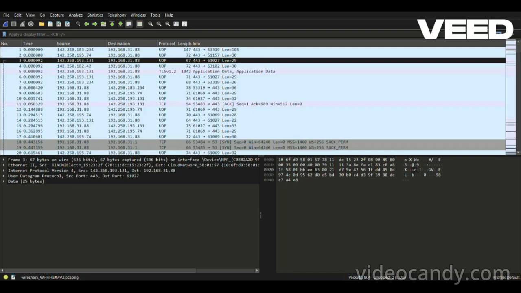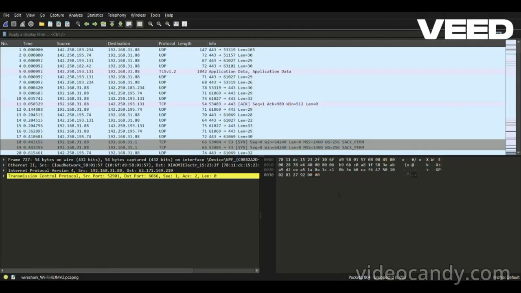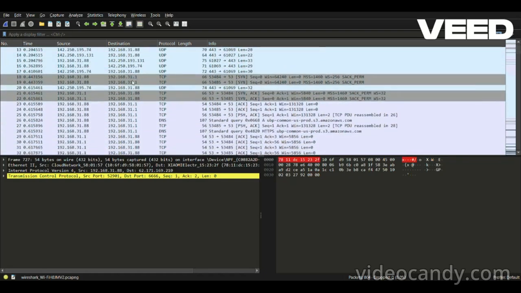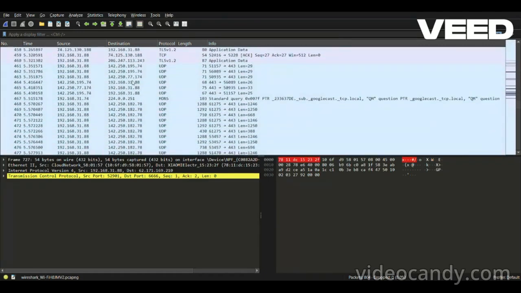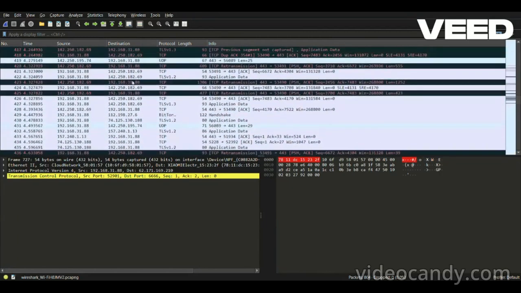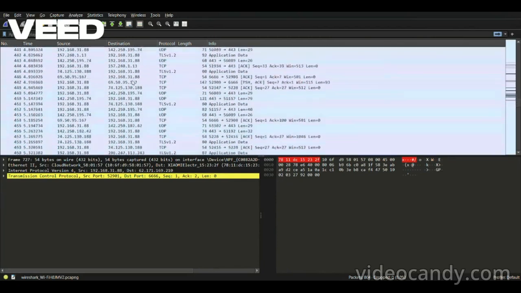Now, in step 3 we have to detect a network anomaly in the captured traffic. If there is an anomaly, then we have to describe it and provide a recommendation for it. So in this captured traffic, so far there is no anomaly. If we scroll down, then we can see